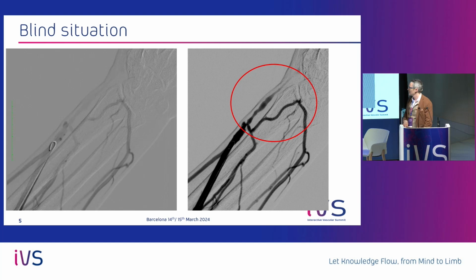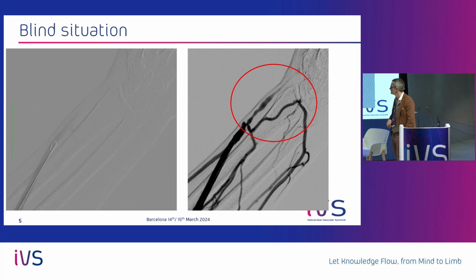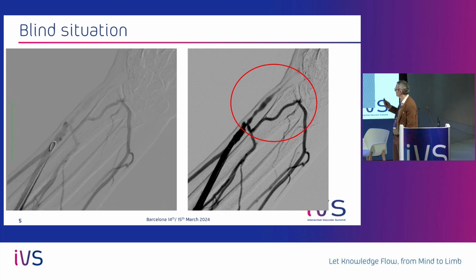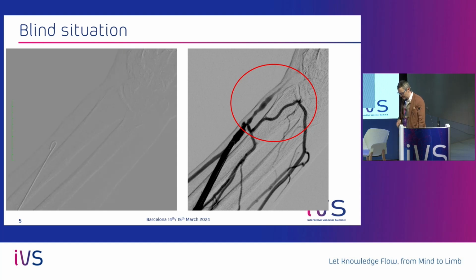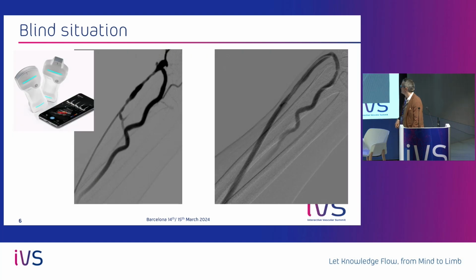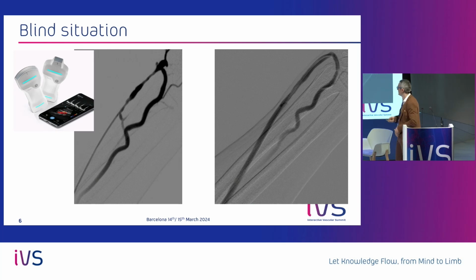Sometimes it's less easy, and I won't do like Nicola. It's impossible to make a little circle to see this lesion. So something very easy: it's direct ultrasound navigation for this kind of lesion. With this little tool, it's very easy to cross your lesion, to see the stenosis, see the collateral, and with a compress, when you use your sound to compress your vein, you direct your guide wire in the anastomosis